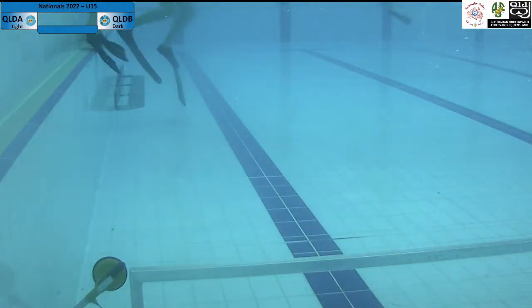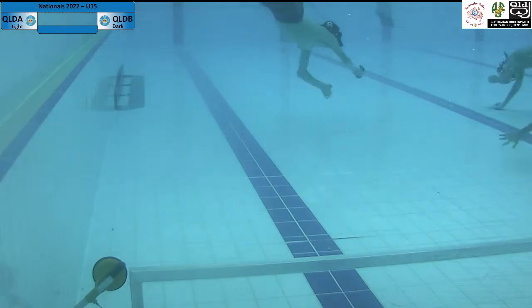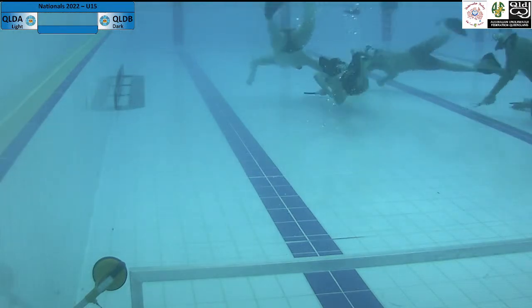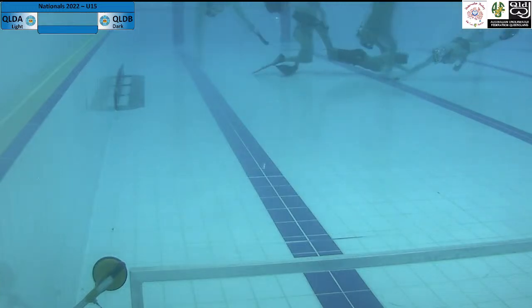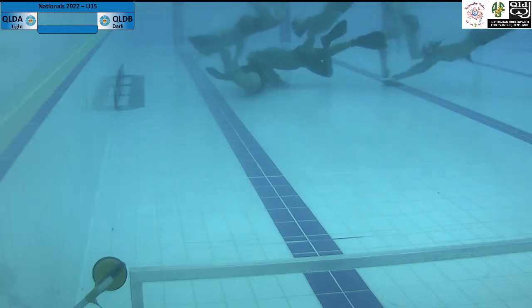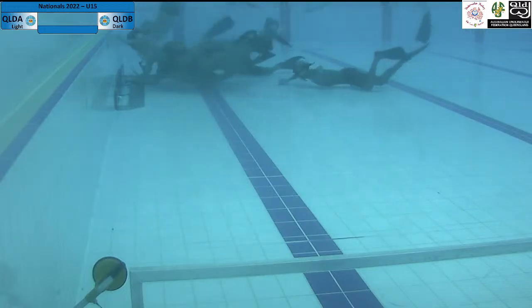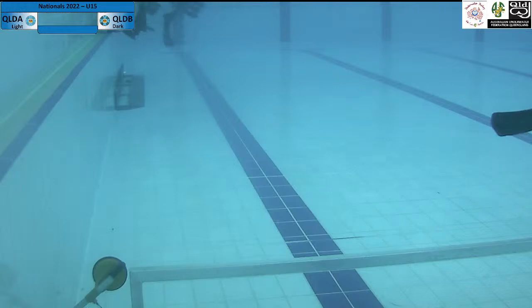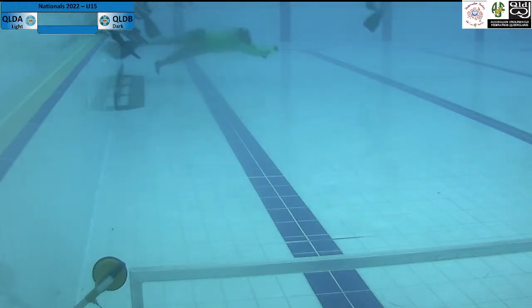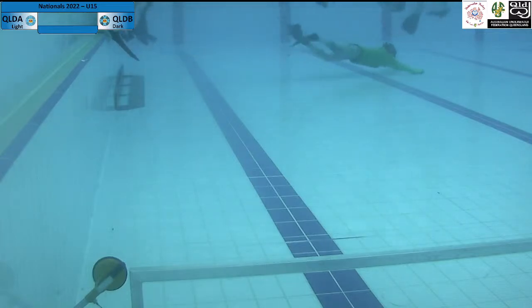I haven't been fortunate enough to check the round robin results from these games, but I believe there was a draw between these two teams. So it's been pretty neck and neck, anyone's game. In that blind spot again, and have the refs. Oh, there we go, down in the far corner. Good clearance there, and number 3 from the Queensland B team taking out from that corner.